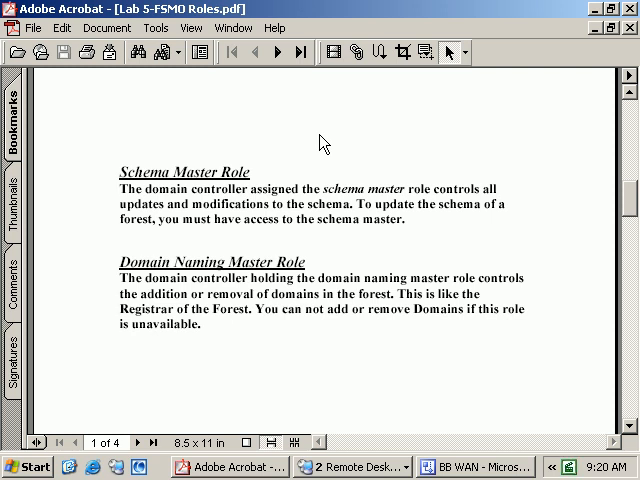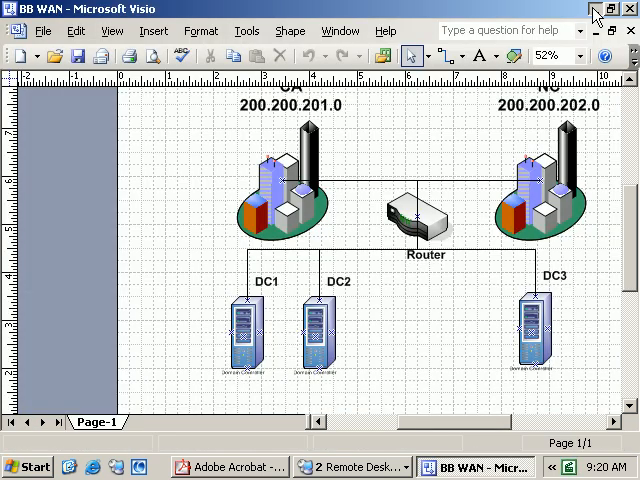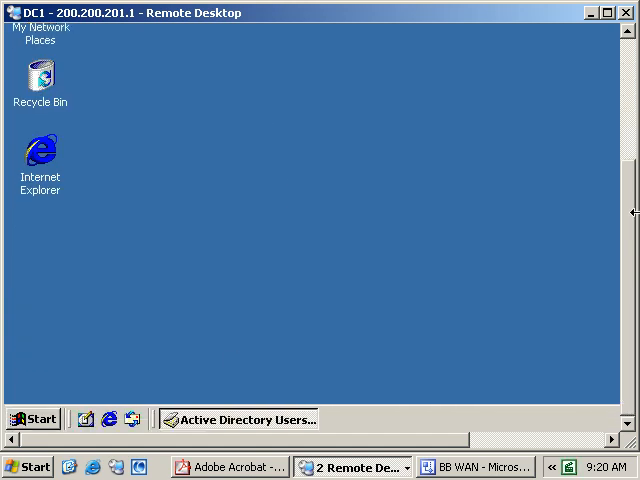And then even if the schema master role is not available, you will not feel the absence of it. So let me show you where this role is and how you actually check for the availability of this role. To do this, what I'm going to do is go to our domain controller, which is DC1,